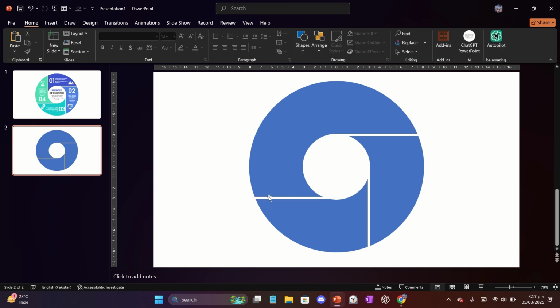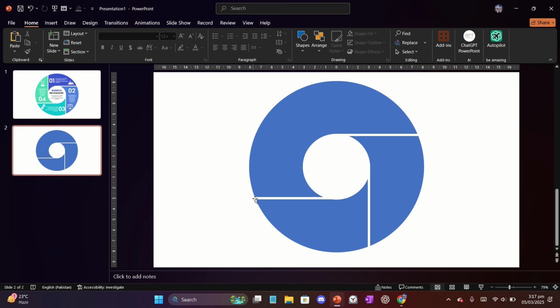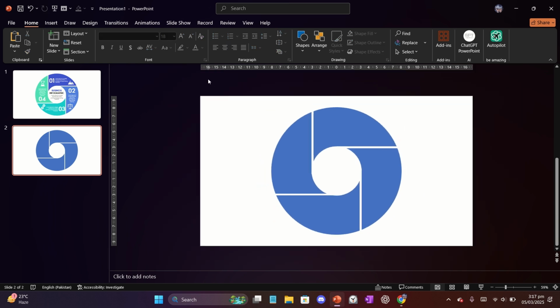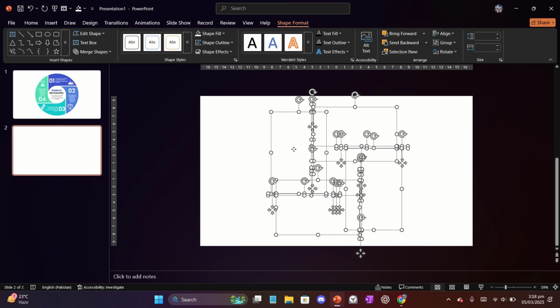Then we're going to duplicate this one again. We're going to duplicate it and then rotate it in a vertical way as we did to the second shape, and we're going to put it right here on top of the circle, but the tip of the rectangle doesn't show. Select all of your shapes, go to shape format, click on fragment, and we're going to just unselect the four